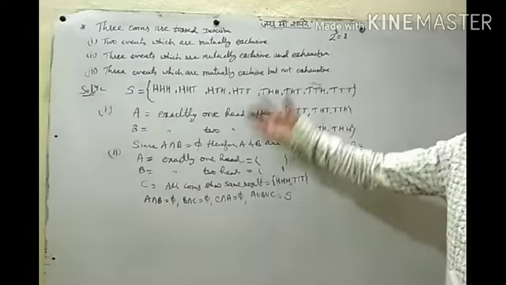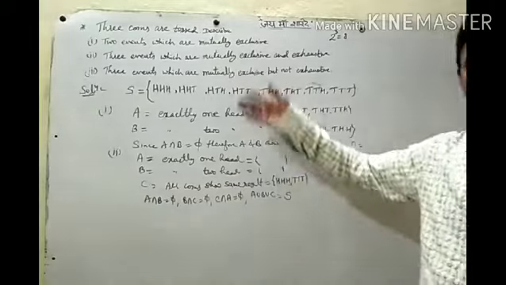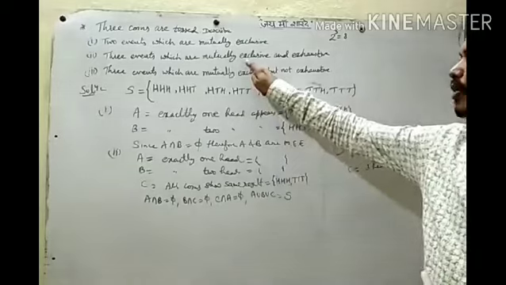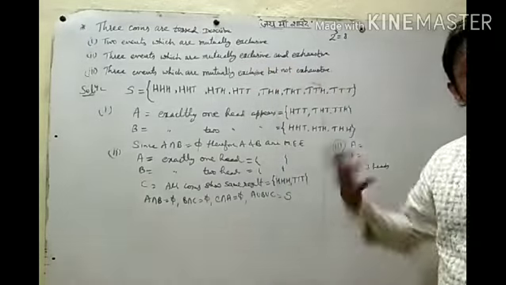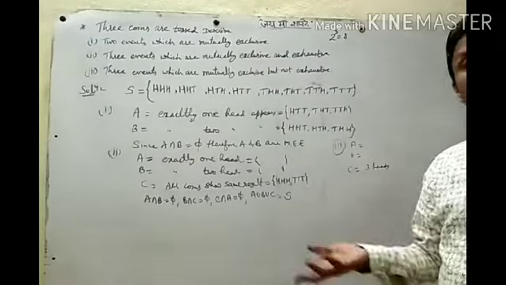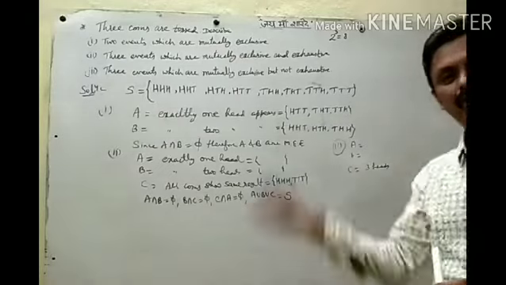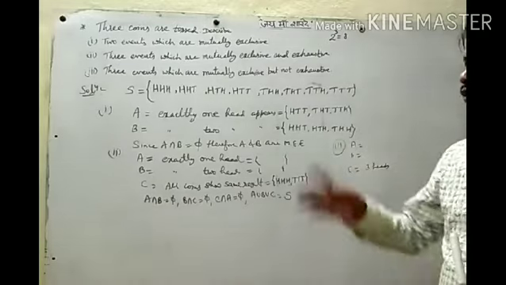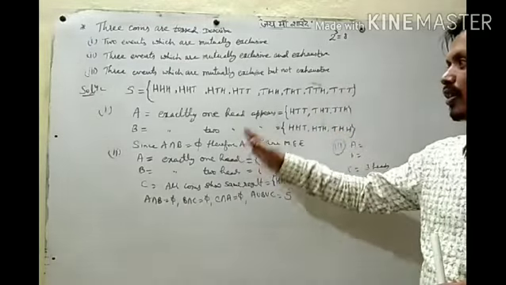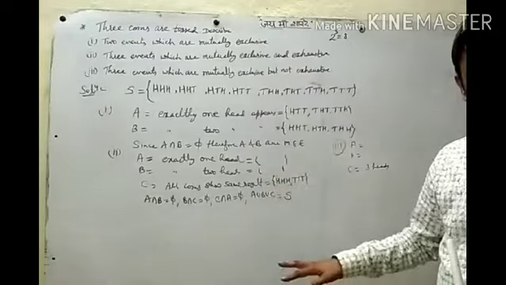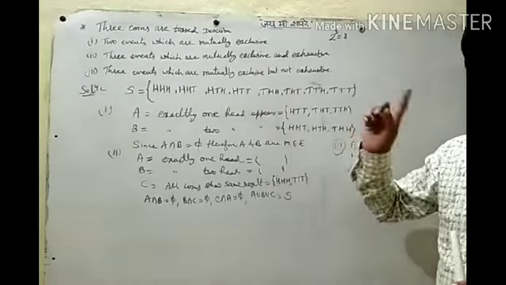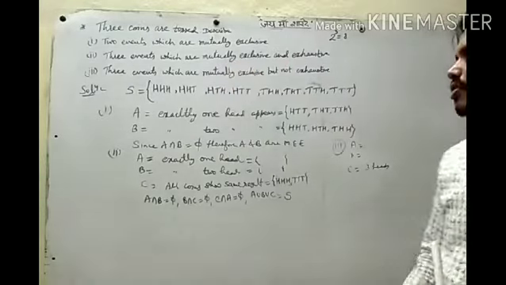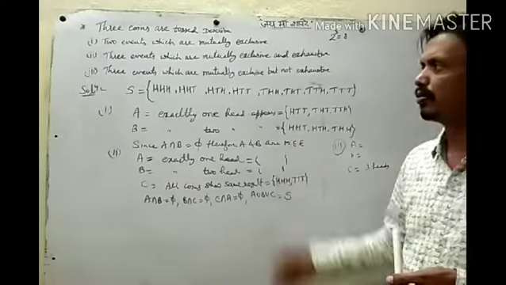So like this you can describe events that are mutually exclusive. To understand mutually exclusive events and mutually exhaustive events, mutually exclusive and exhaustive events, you have to see the first video. Watch the first video carefully. All the events are given there. If you miss the video, its link will be given in the description box so that you can watch it. Tick, note it down.